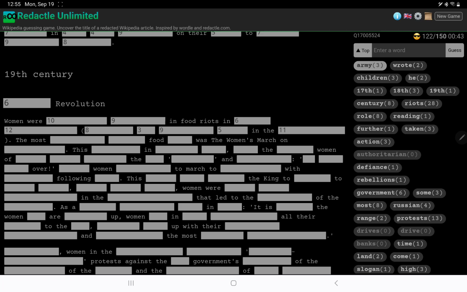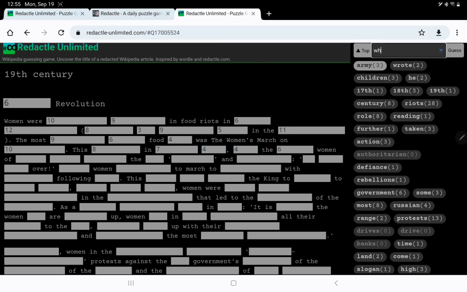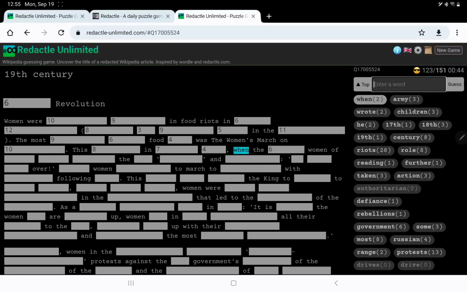I wonder if that's giving the current name of this place. The Women's March on 10. When the women, when the 6 women of 5-5, 7 the 3, 7, and 9,